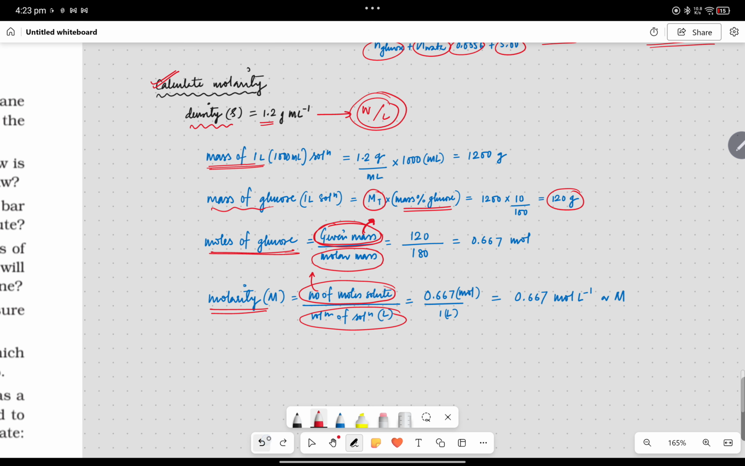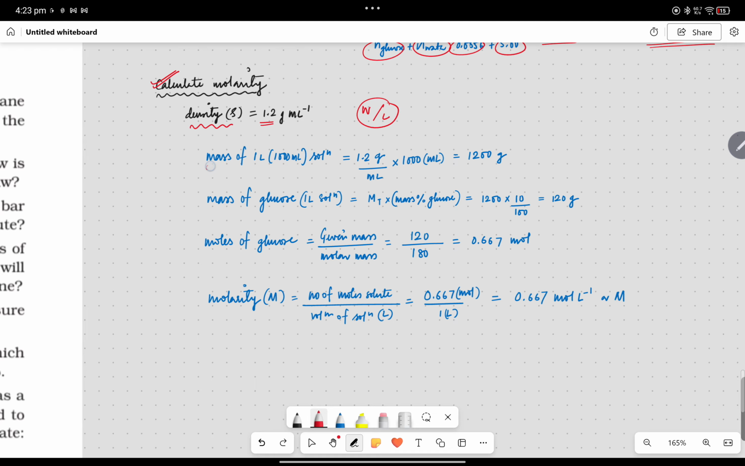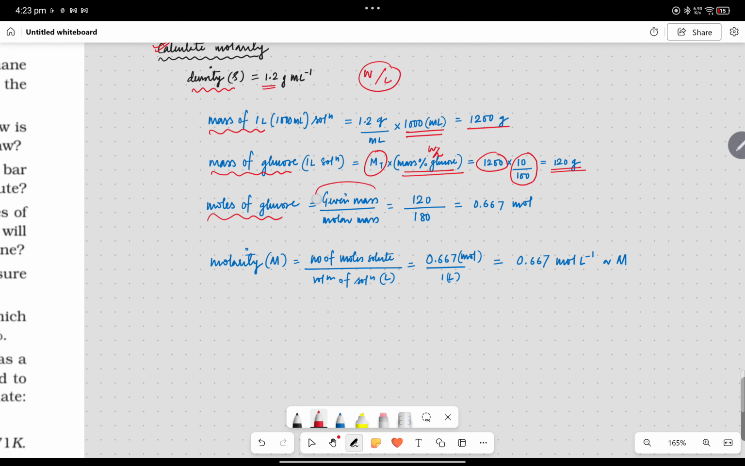Simple. So here you can see how we have solved it. First of all we have calculated the total mass in 1 liter of solution, that is 1.2 gram per ml into 1000, like mass of solution in 1000 ml, that is 1200 gram. And then mass of glucose is total mass into mass percentage, that is the weight by weight percent we have been given. 10% of that is your glucose, so 120 gram. And then moles of glucose, that is mass of glucose by molar mass of glucose, 120 by 180 is